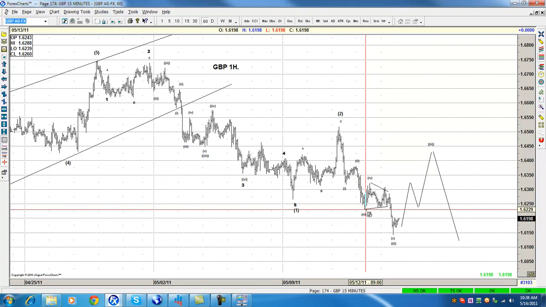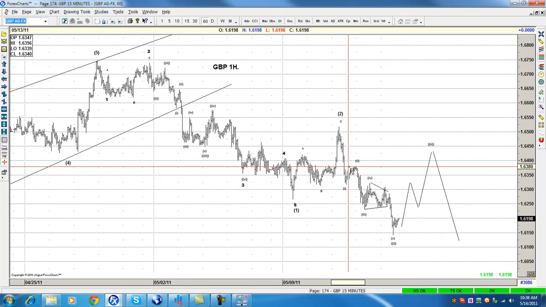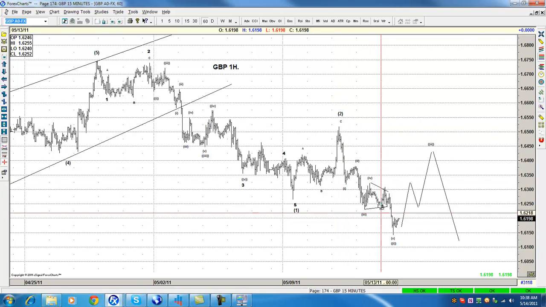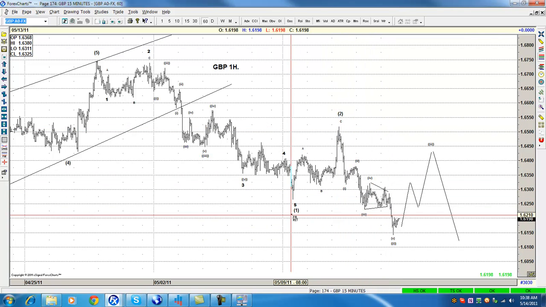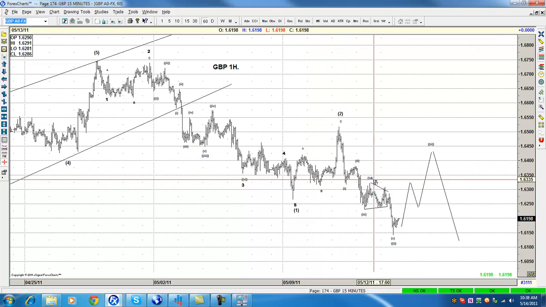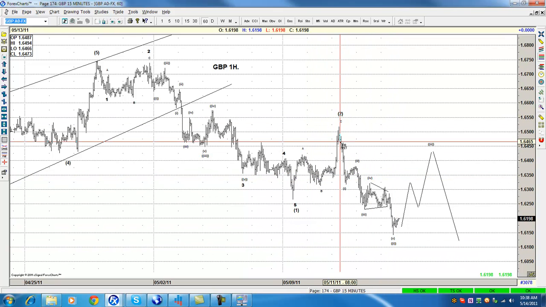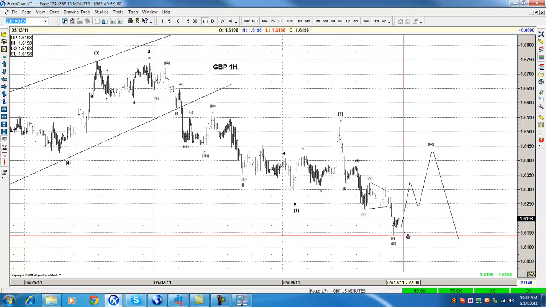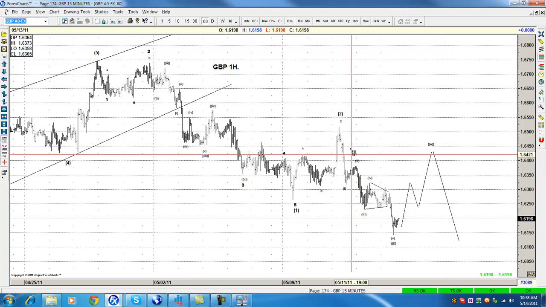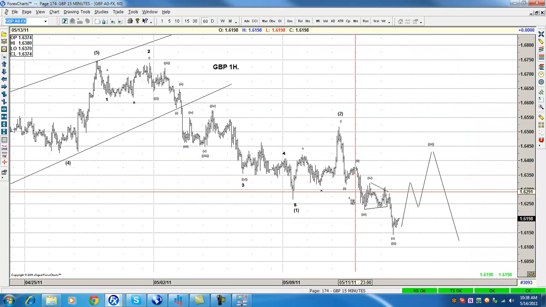than wave 3, and then wave 5 needs to be shorter than wave 3. If not, this is gonna be a 3 ways, and all we have is wave 1 ending here, and got ABC, A, ABC, B, like a double zigzag, B, and then a 5 wave move higher. And that's what I'm waiting on Sunday, because that's gonna confirm to me that this is a flat and it's a